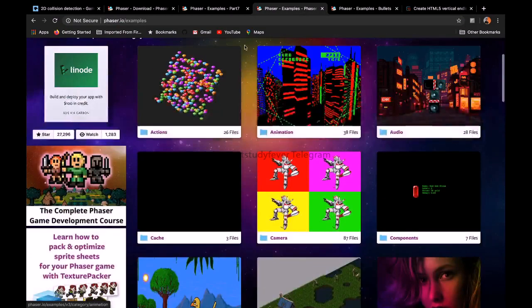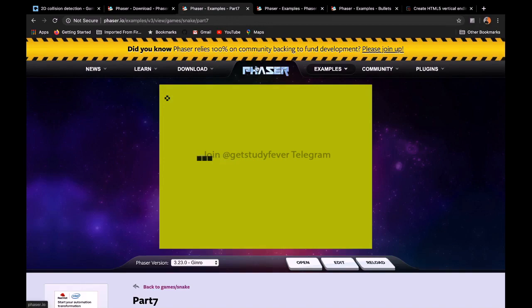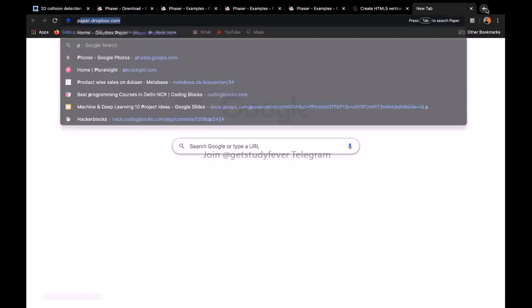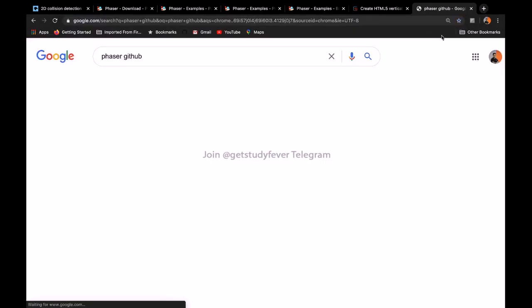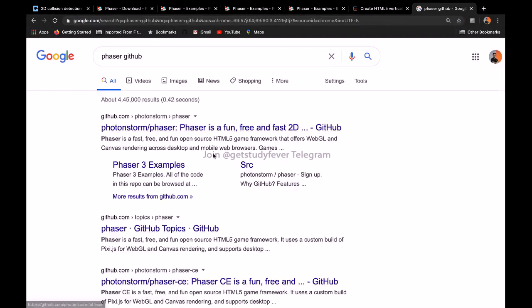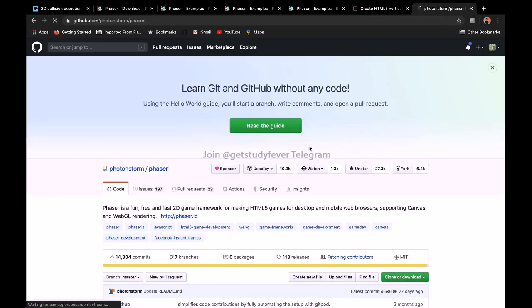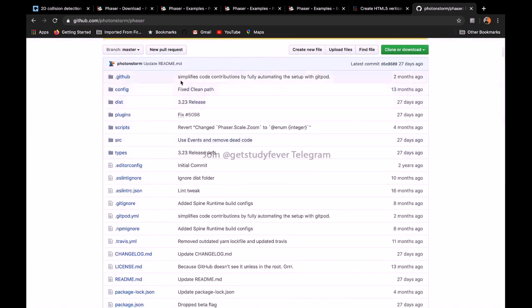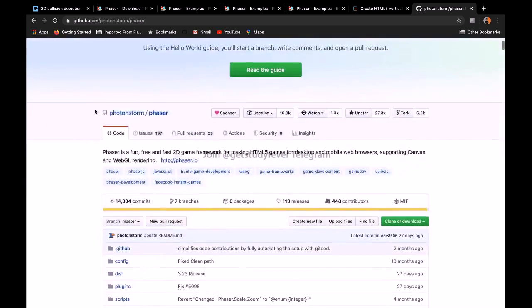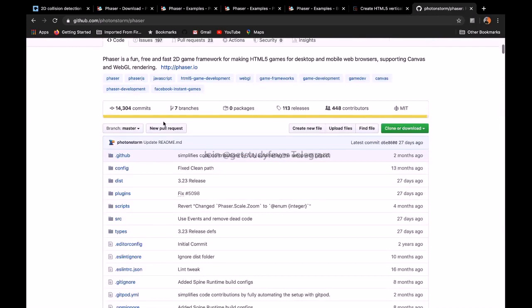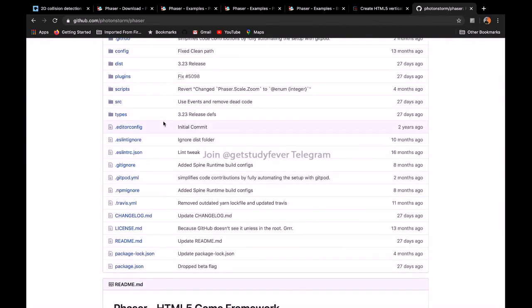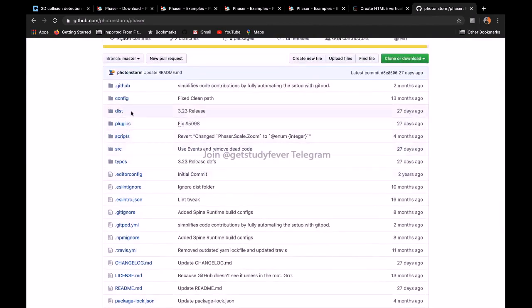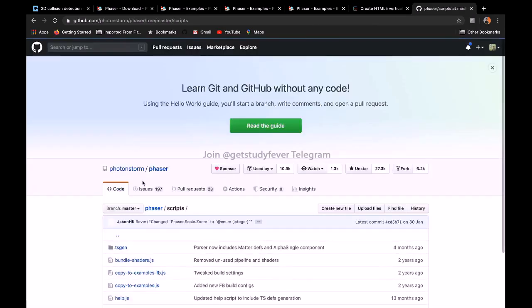So let's go to the GitHub repository of Phaser and see. The latest version of Phaser is Phaser 3, so you will work with the Phaser 3 version. You can download it. You can see this is the GitHub repository by PhotonStorm, and this is the Phaser development repository, and a lot of new tutorials and updates keep coming every month. So let's go into the